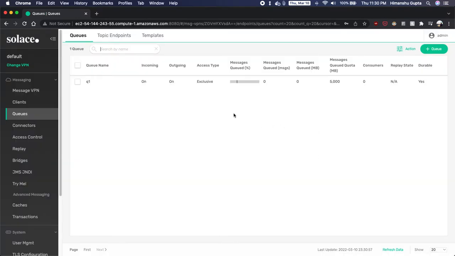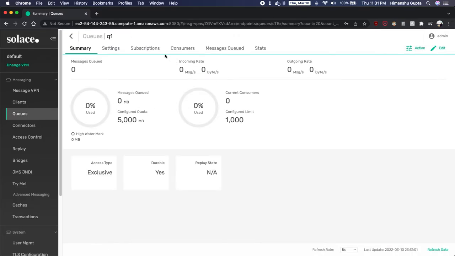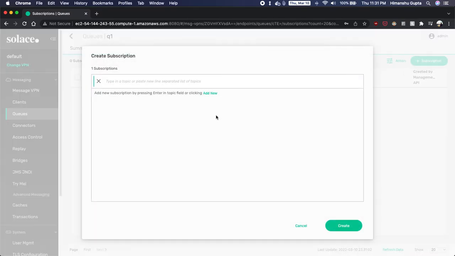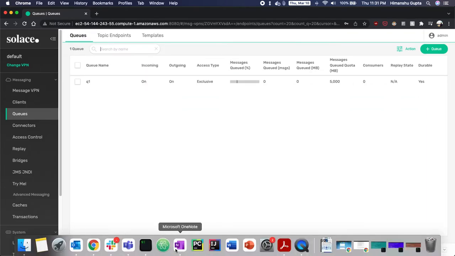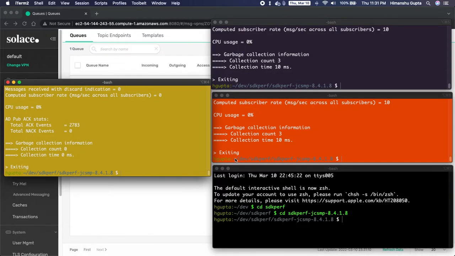Okay, so let's create an exclusive queue. You can see that the access type is exclusive. We'll give it a subscription. Let's use my favorite example, equities US. We'll use a wildcard here. Okay, great. So we will use SDK command line tool for the simulation,